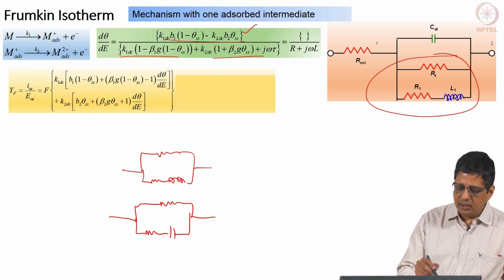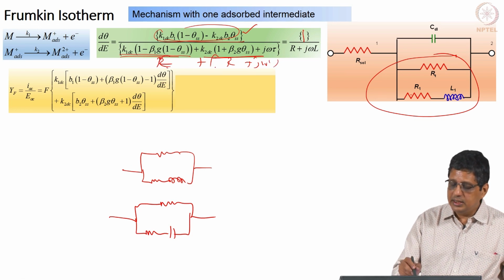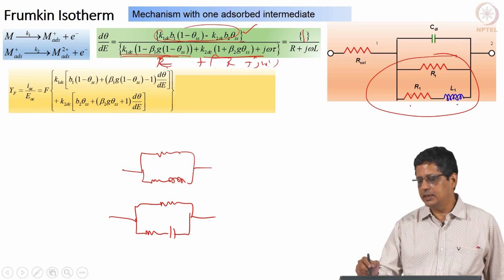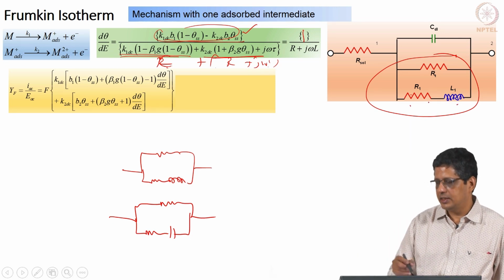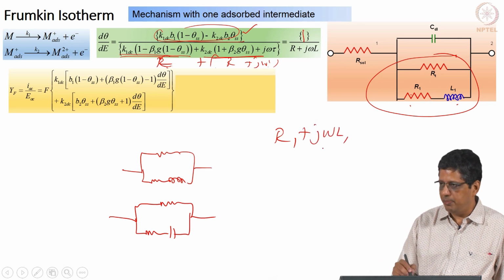I am going to get k1 dc, this divided by this entire term, it is going to look like 1 by some resistance plus some other term plus j omega something, it is not resistance, so 1 by some constant. These 3 terms can be written as a resistance in parallel with resistance and inductance, because what do you get here? You get impedance here as R1 plus j omega L1, that is going to be the impedance there.